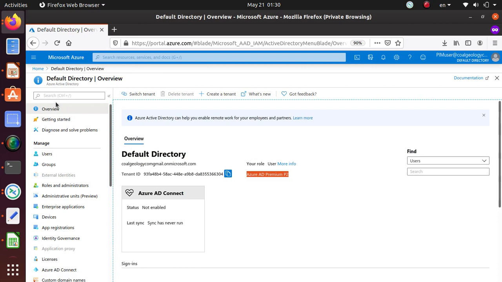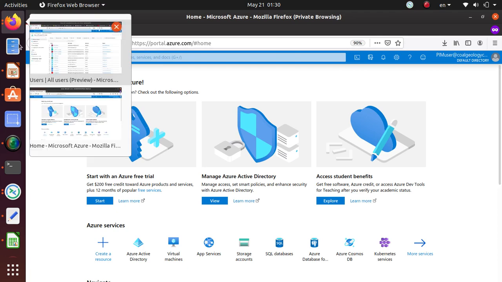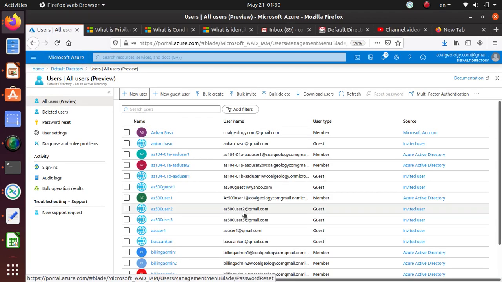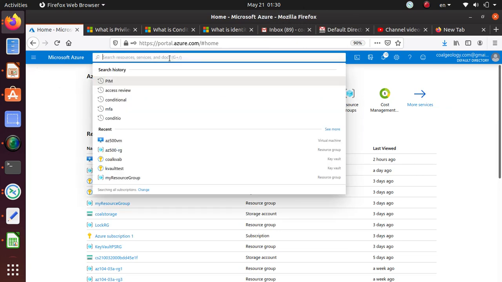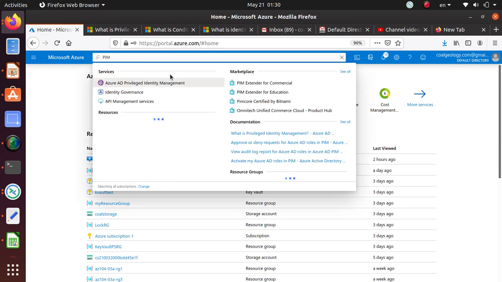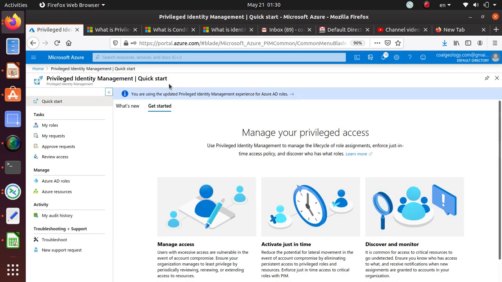So let's go back over here and say, let's see, this is the PIM user. I have to go to the other one. Okay, so here, if I just search for PIM, you will see the Privileged Identity Management. So from here, what you really want to do is use all the great features that you have available with this. So first of all, with PIM,